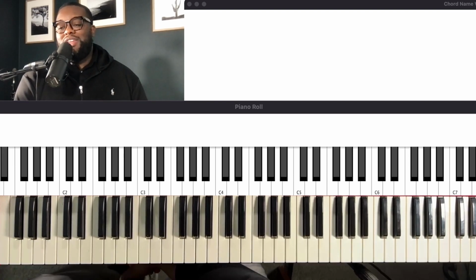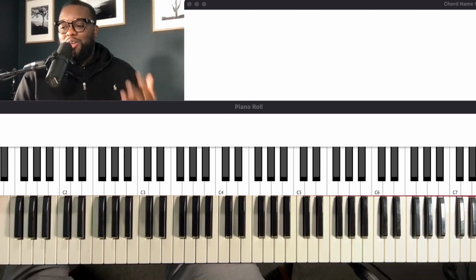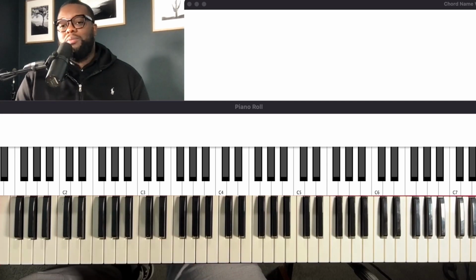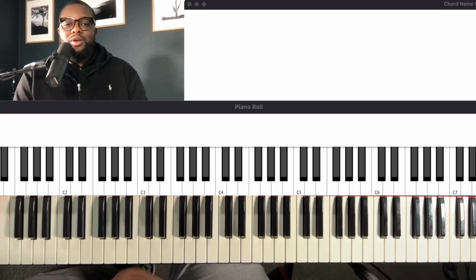So what we're going to go over today is music theory. You know, the piano. What are the notes? What are the names of the notes? How do I find them? Number two, we're going to go over what I think is the most important aspect of music theory, which